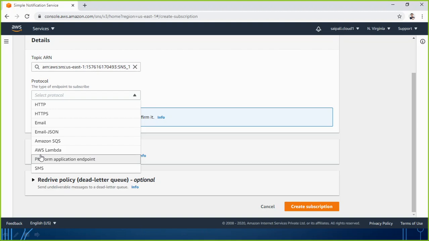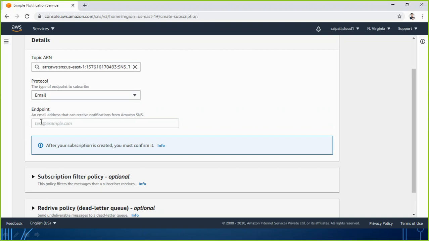For now, let me continue with the email. When I choose email, I have to specify my email address, and that will be used to send the notification. If your company has an email ID like itadmin at abc.com, or whatever email address you have, you can just type it here.